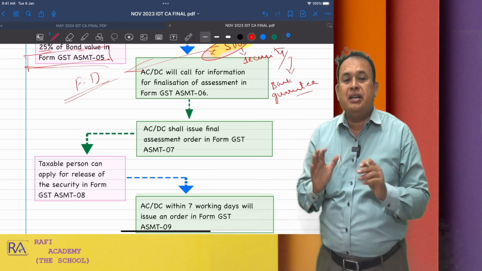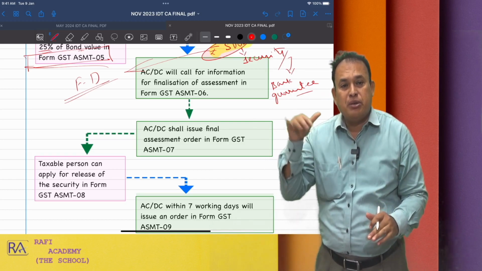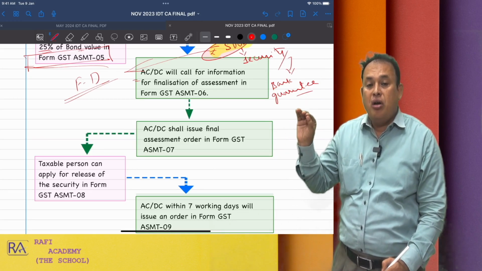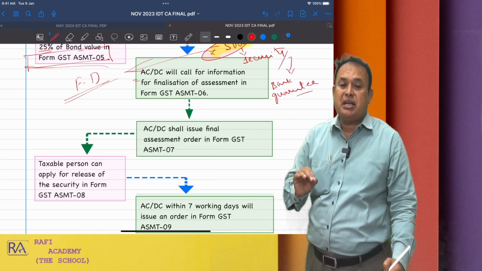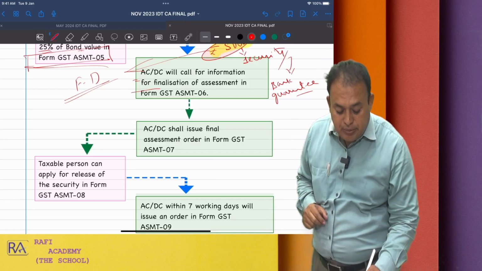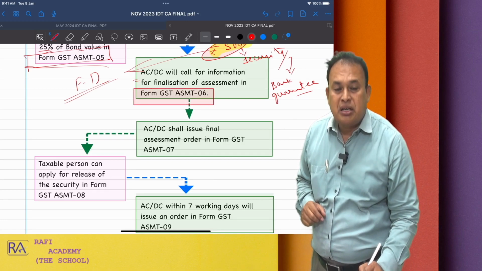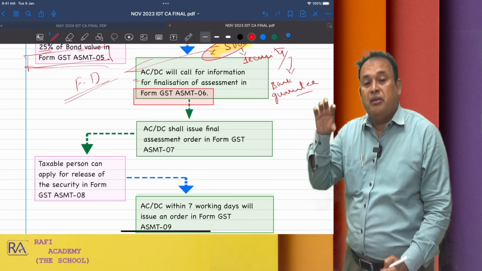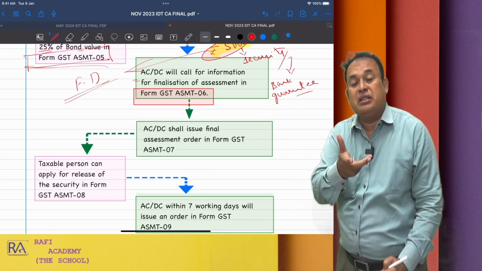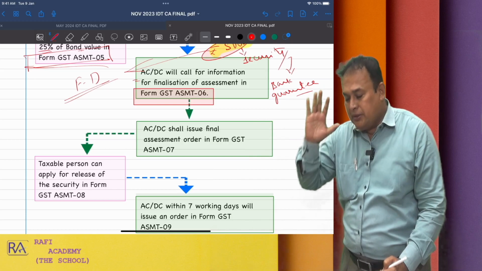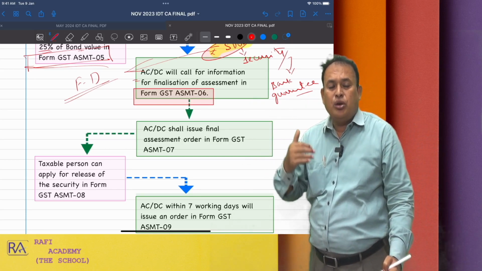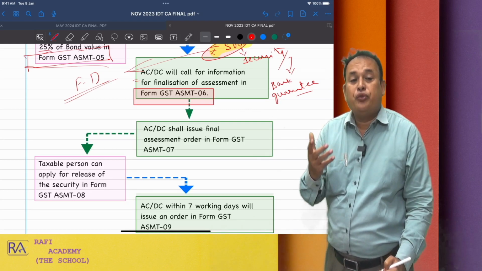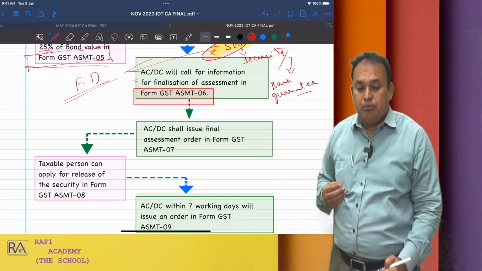Within the 6 months time period, PA should become finalized, for which the officer calls for information. The AC or DC, namely Assistant or Deputy Commissioner, will call for information for finalization of assessment in form GST ASMT 06. You bring all the relevant documentary evidence, because CBIC has also given a circular which very clearly mentions the valuation in your case with an illustration. Accordingly, we will finalize it. Bring the final value of supply to finalize the provisional assessment